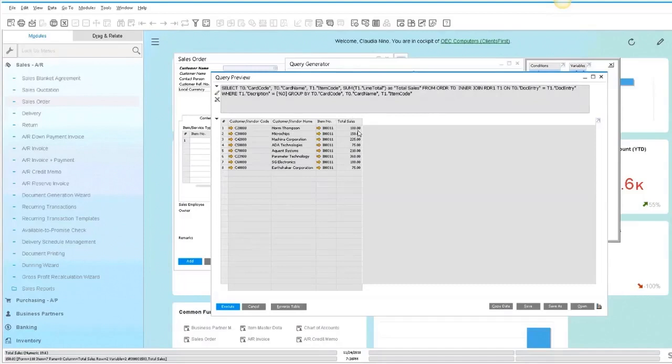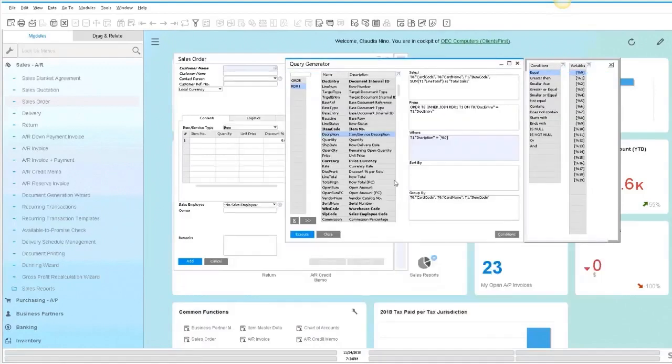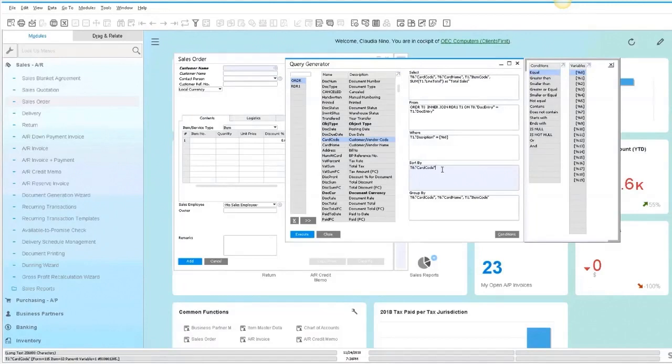Now, this is from the beginning of time. Earlier I mentioned that I want to see only data for this year. And also I can tell that the way these are sorted is a little bit out of order. So let's go ahead and update that. First of all, I like to sort by, and then I'm going to look at card code. And then additionally, I'm going to add another where clause that looks at the date. So now I'll select where posting date